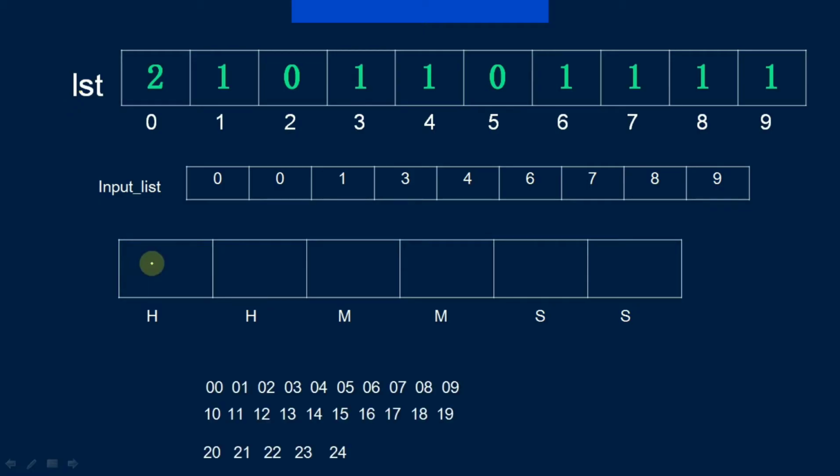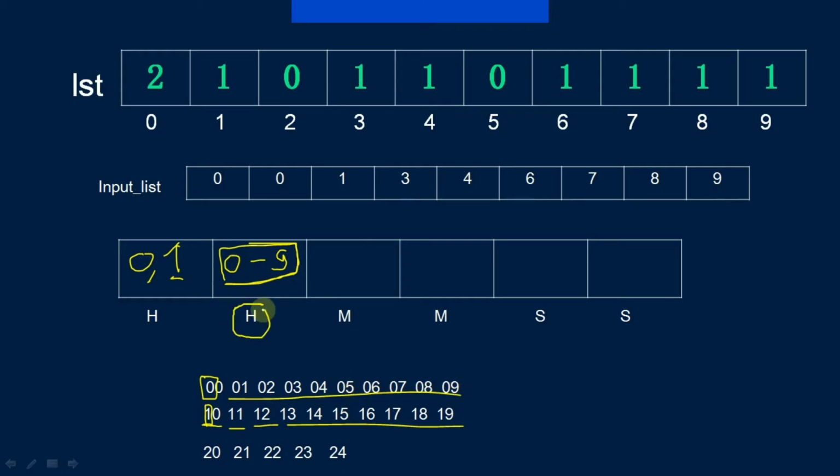Okay, let's see how. If the first cell value is 0, the second cell value can be 0 to 9. We will find the maximum between 0 to 9, and if we get the maximum, we will store that in the second cell. If the first cell value is 1, then again we can store values between 0 to 9. So here you can see the time, that is 10 o'clock, 11 o'clock, 12 o'clock, and so on. And in case of 0, here also we can store 0 to 9 digits in the second cell.